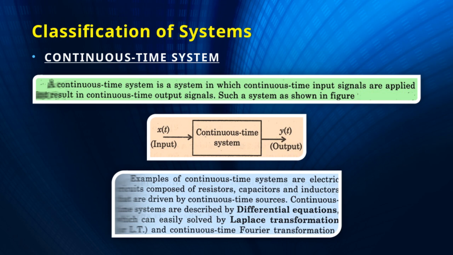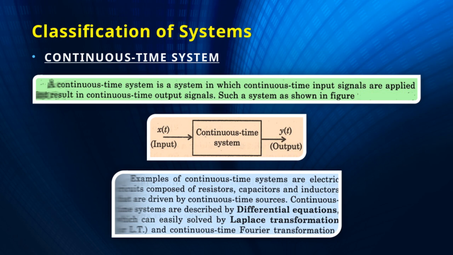Linear systems are those where the principle of superposition applies, so the response to a combination of inputs is the sum of the responses to each input individually. Time invariance means the system's characteristics don't change over time, so its behavior is consistent regardless of when an input is applied. Causality is a key concept. Causal systems are those where the output at any time depends only on current and past inputs, not future ones. And stability refers to whether the system's output remains bounded for bounded inputs, which is crucial for real-world applications.